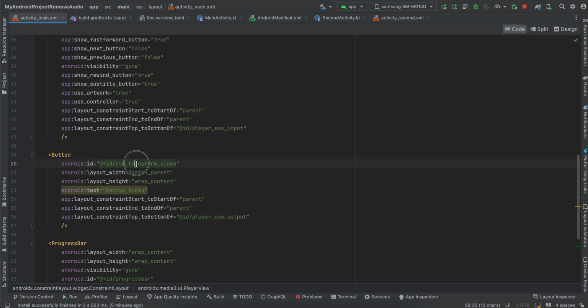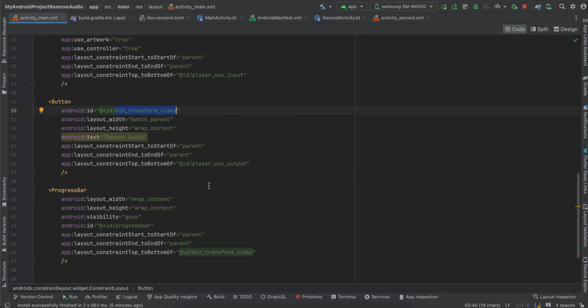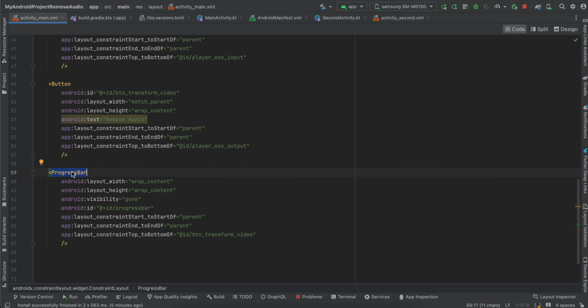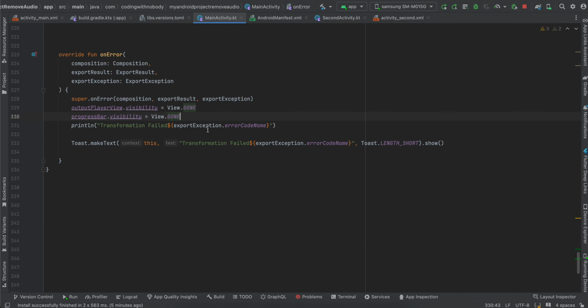And third, I have taken a transformer button, so that once you click on that button, it first checks for all the permissions and then removes the audio from the video file. And this progress bar is only to show an indicator to the user that the audio removal process is going on. So if I go to main activity,